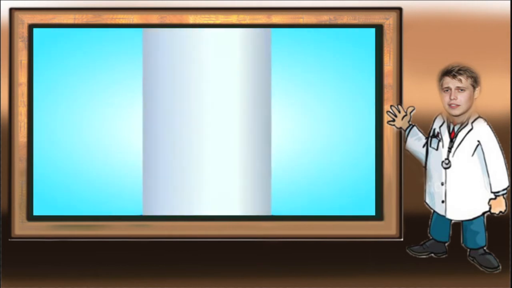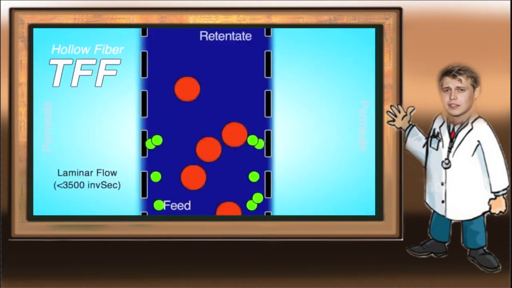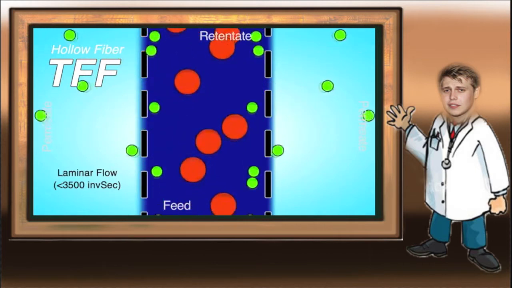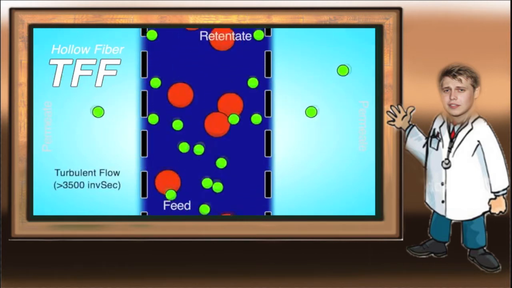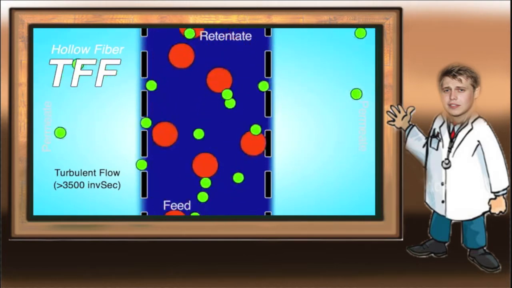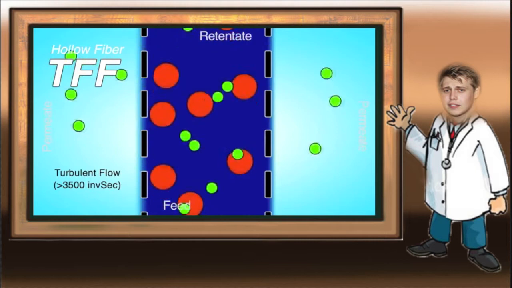Process fluid flows along the membrane surface rather than passing through the membrane structure. With fluid being pumped at a high velocity parallel to the membrane surface, tangential flow filtration prevents the usual plugging caused by dead-end filtration. As a result, TFF is an efficient way to separate streams that would become